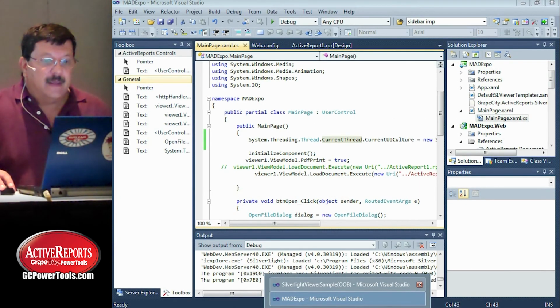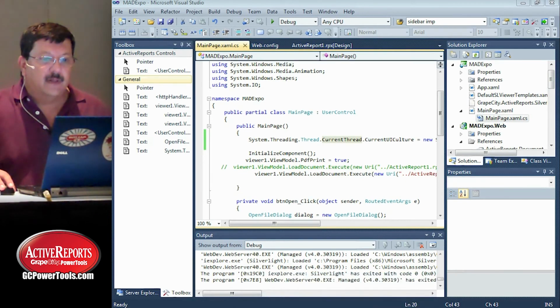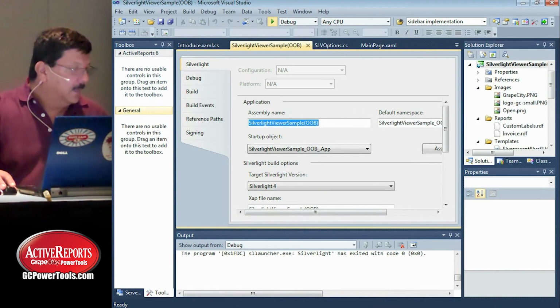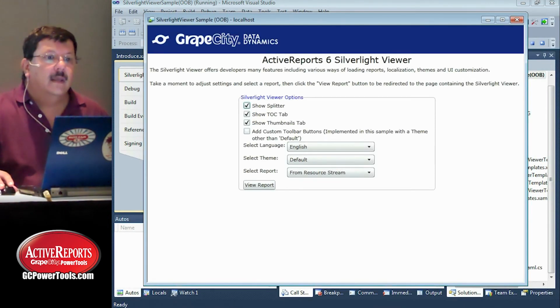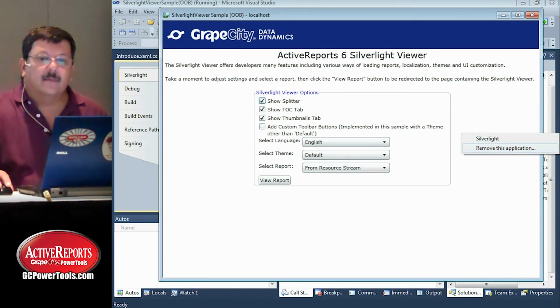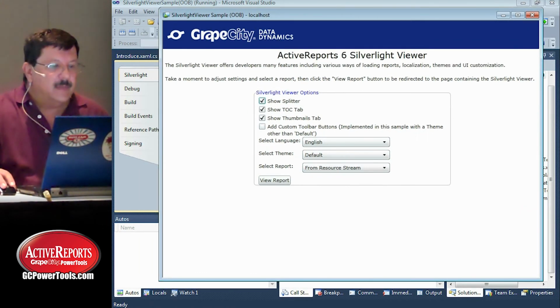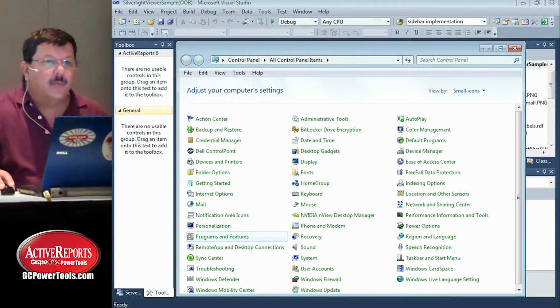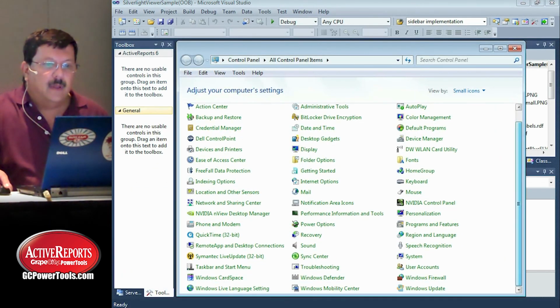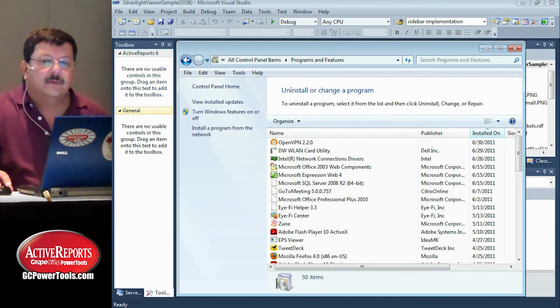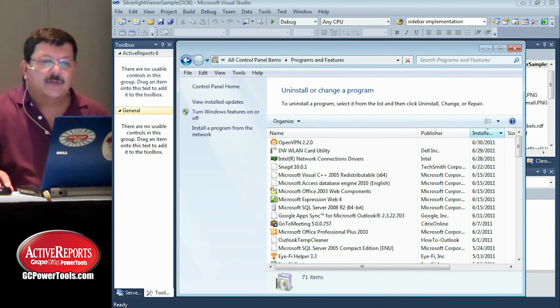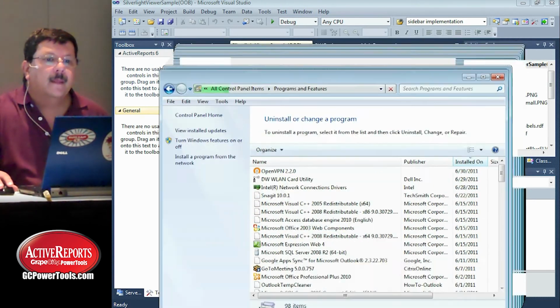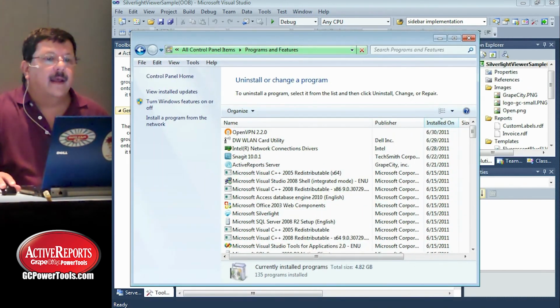And here we have the Silverlight Viewer application. Now you can see here I can remove this app or run it. Let me show you something here first. I'm going to bring up the control panel, and bring up programs and features. It's already sorted on date. Now if I go ahead and fire this up